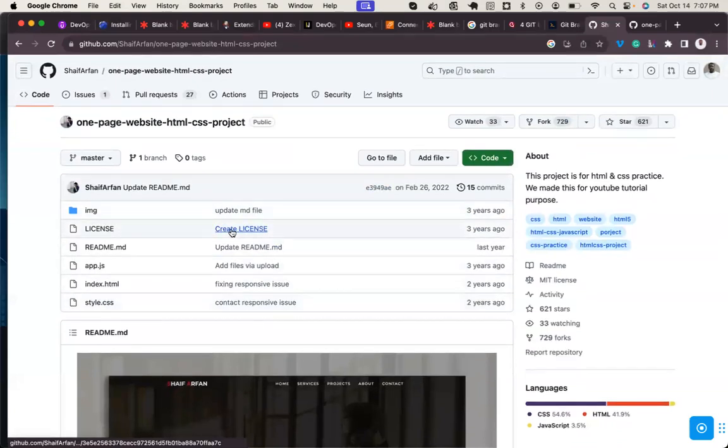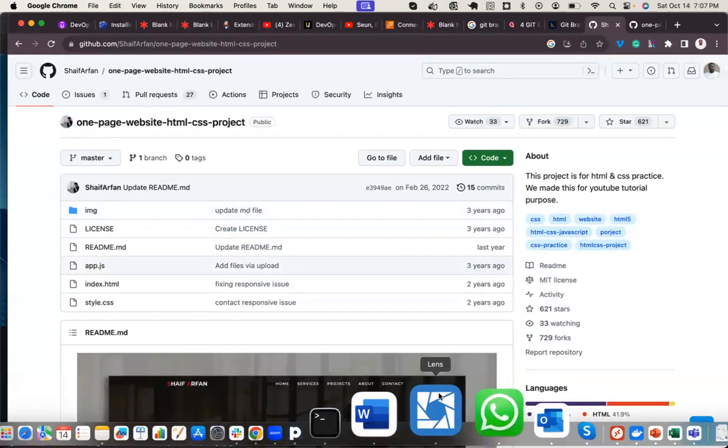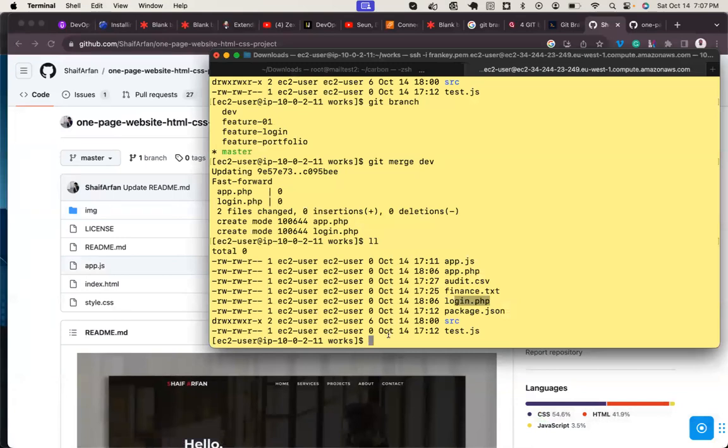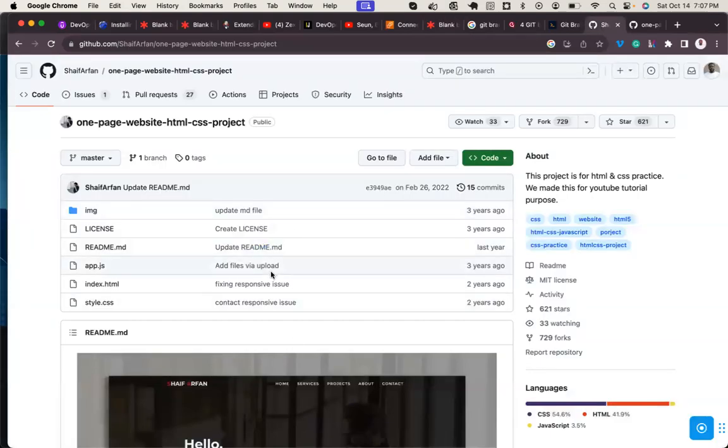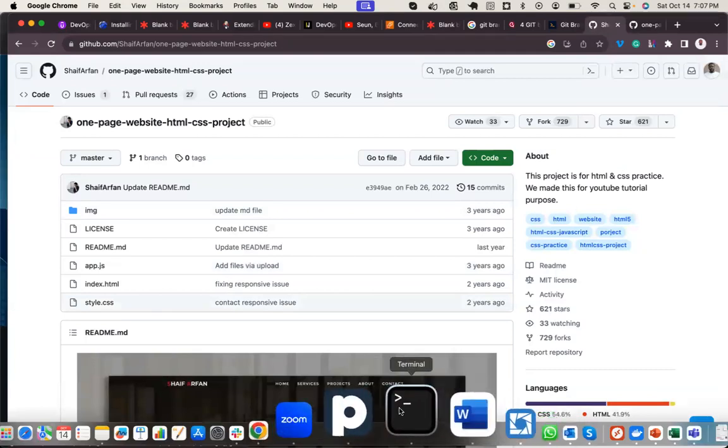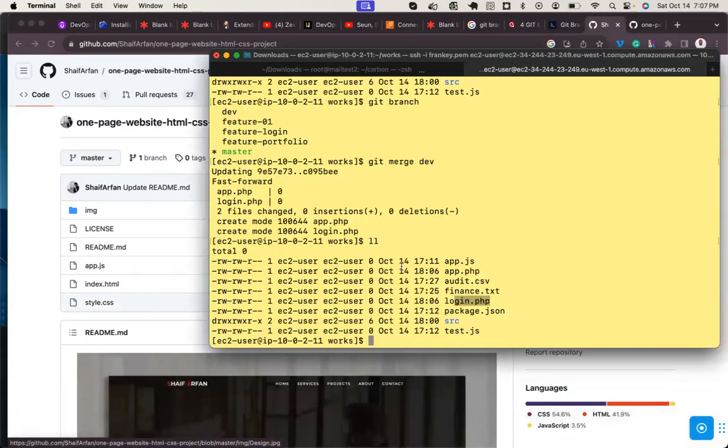On GitHub, you can perform everything that we have done on the CLI. But it's always recommended that you understand how to use the Git CLI to create a local repository.